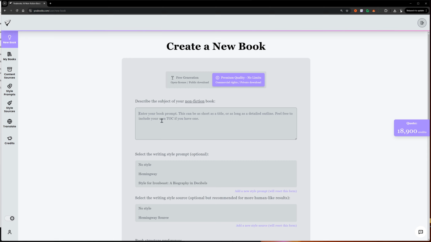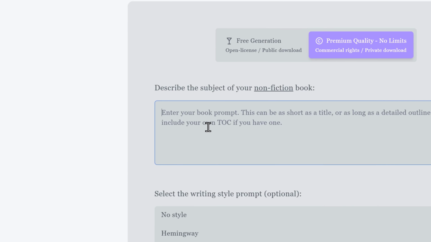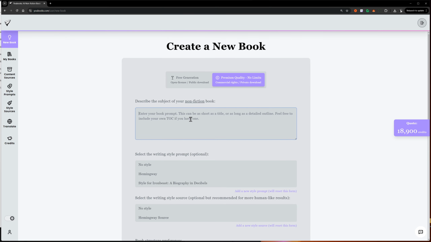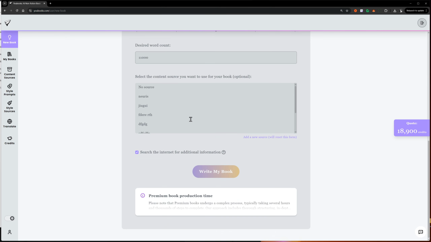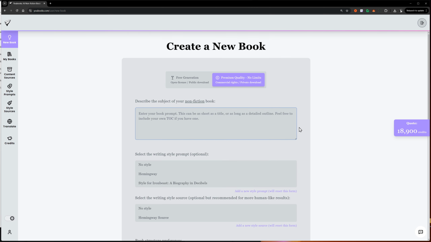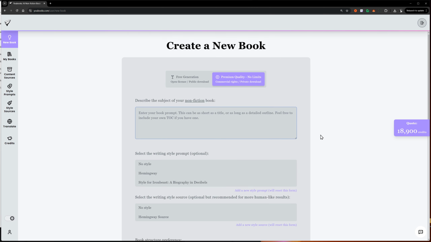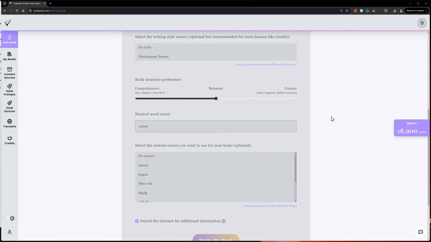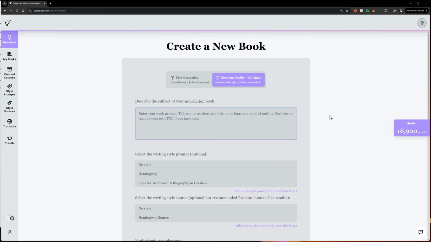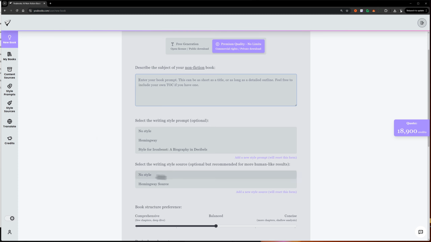Now, you might be tempted to just go ahead and throw your prompt here. In fact, this will work, so you can just write a few words of the book you want, and if you go down and press write my book, if that's a non-fiction book, that will work, and it will write the default 11,000 words. However, you might want first to create a specific writing style or update specific content sources